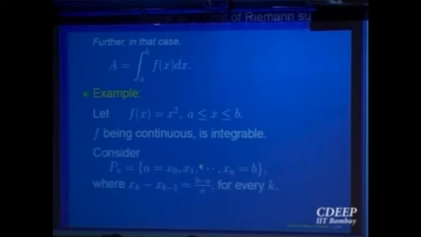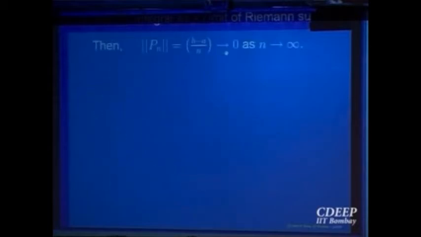This is a continuous function, so it is integrable anyway. Because it is integrable, I can actually take any equal partition also if I like, because the Riemann condition says that the norm of the partition should go to 0. That is another advantage. For upper sums and lower sums to converge, I have to make the partition monotonically decreasing and increasing. In the Riemann case, I don't have to make it increasing or decreasing, right? So I can take this equal partition (b minus a)/n, and the norm of this goes to 0. That satisfies the condition for the Riemann theorem.